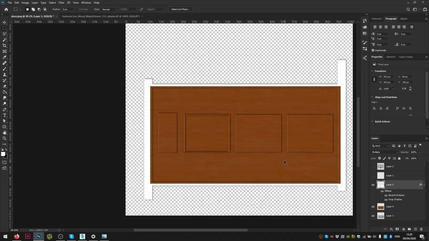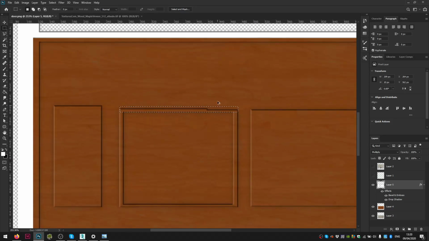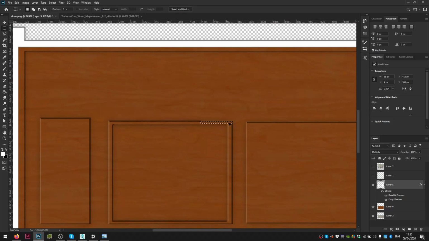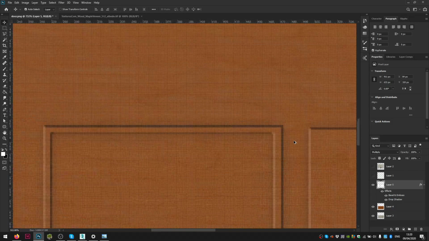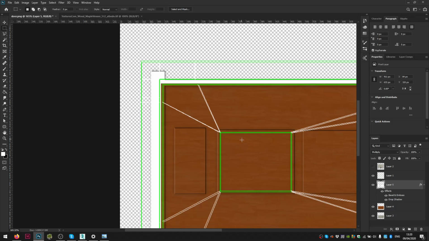Yeah, and now, oops, I just broke my bevel effect a little bit here. I will just fix it like that. So let's move it a little bit here. Yeah, that's it. And here we will have a window,